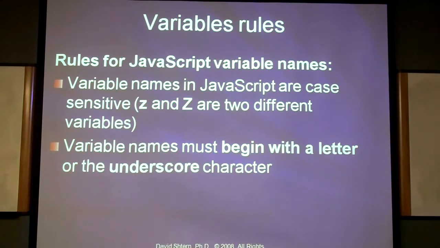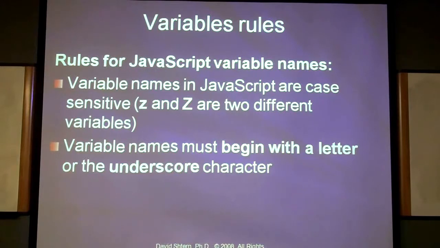It's very easy to make a mistake, especially if you have a very weird font installed in your editor, which may not be able to easily distinguish between the lowercase and the capitalized one. A variable name must begin with a letter or underscore character, but not a number. That's not allowed. That's pretty much it.